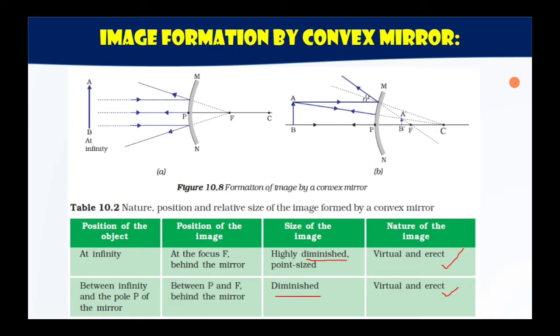Now, with the help of a 3D animation, again, we will learn how to draw these two ray diagrams. So I request you to please be ready with your pencil, pen, compass, etc., and we will draw these two ray diagrams. Please write in your book. You have to copy this table down in your book. First of all, copy this table in your CW, and then only we shall draw these two diagrams. So please pause the video.